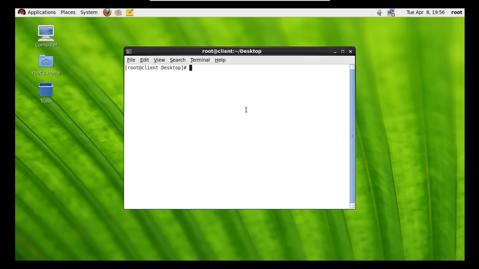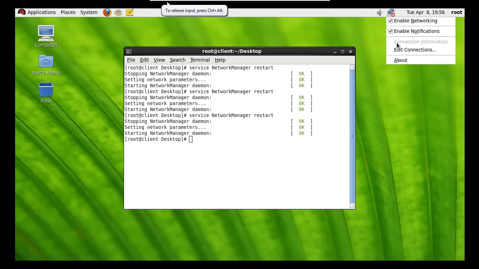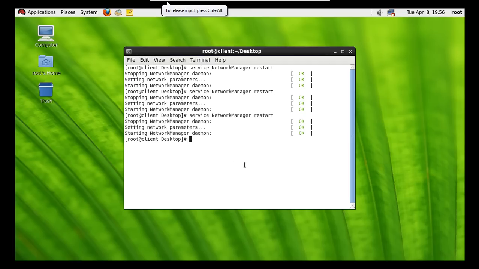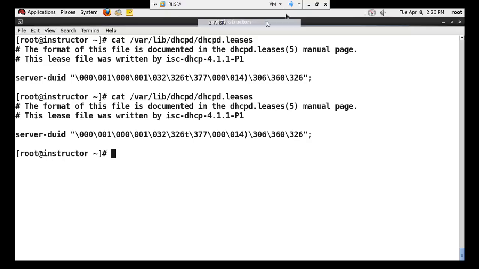So now I am switching to the client computer and trying to get an IP address from the DHCP server. We need to restart the network manager service: service NetworkManager restart. It's not taking an IP address, I think. Interface configuration Ethernet 0. There might be some connectivity issue.